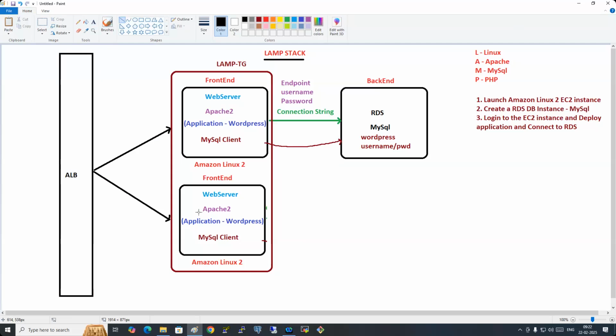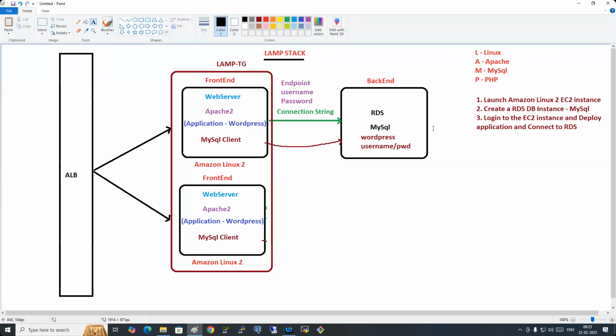Once we do this, I'll be showing only one EC2 instance and RDS setup. I want you to do the AMI concept, creating the target group and load balancer. We've already done that multiple times, right? So you just need to enhance that project. And what I'll be teaching here is